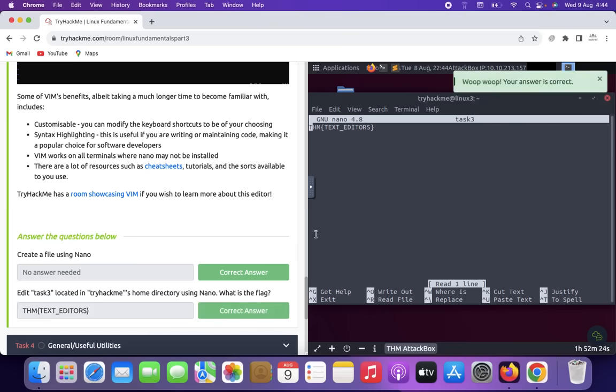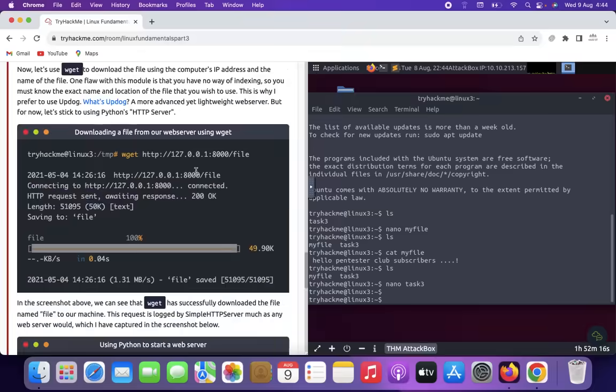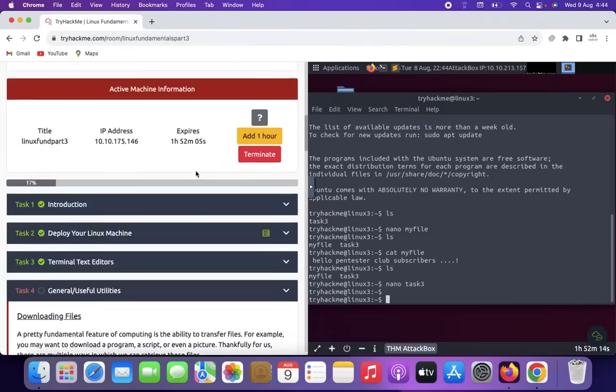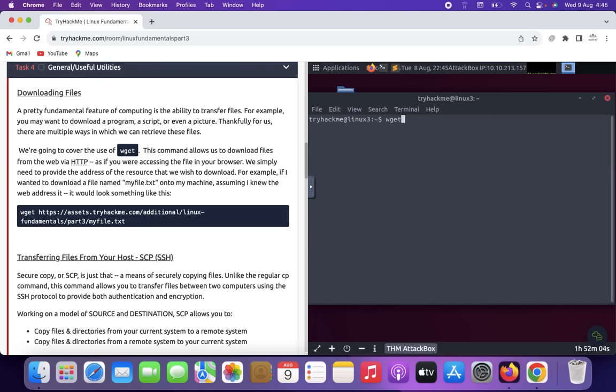That's the answer. Now come back to the Linux machine, then Control O, yes, Control X. So, general useful utilities. Now you can try here. If you want to get some data, first clear this. You need to type wget, and you can type https